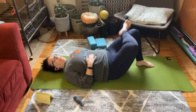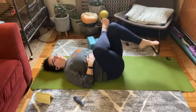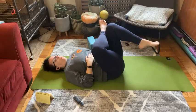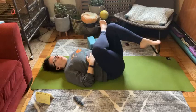You can keep this big stretch to the front side of the hip if you want. If you want to bring it to the back side of the left leg, on your inhale, draw your right knee towards your chest while still stretching your left knee away from you. Your core is gently engaged to keep your lower back pressed down on the floor, but you're otherwise creating as